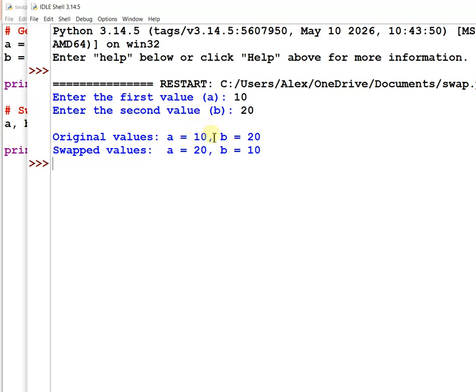You can see how it extracted this value here, and it is printing the exact thing. After swapping, it is also working with that variable, meaning that is the pattern. Apart from printing the original value and swapped value, although we could have written it in a different way, there is still a particular method.